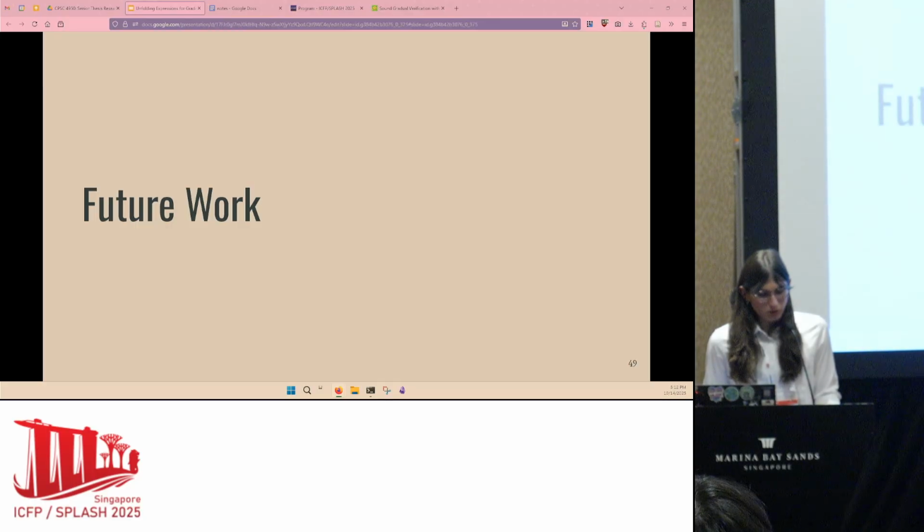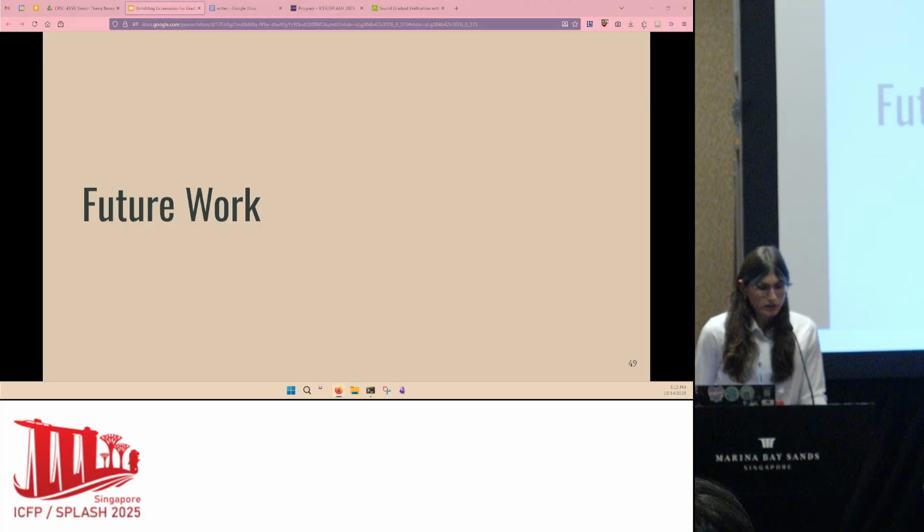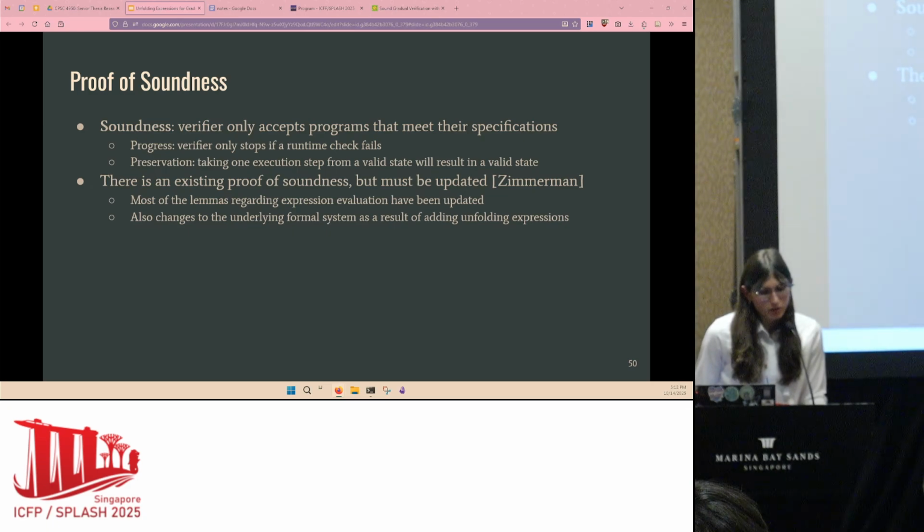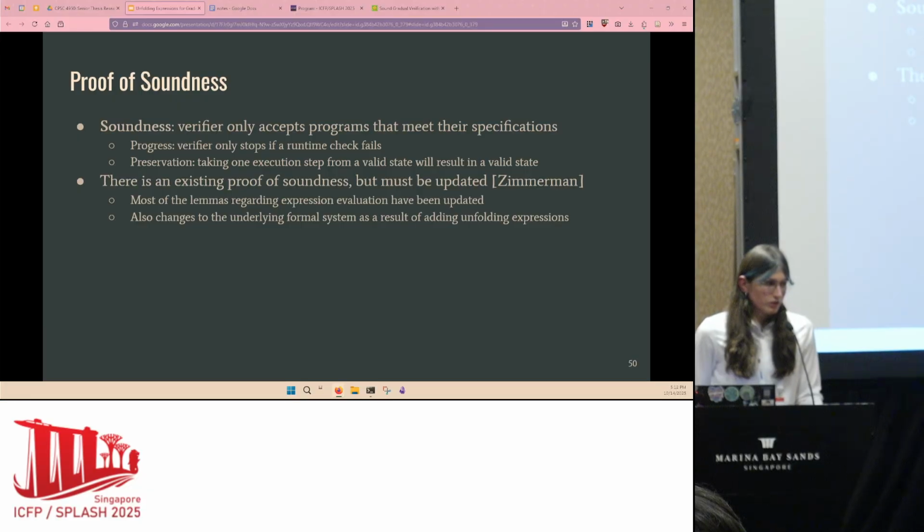And so for future work, continuing to expand upon this, like Dr. Aldrich showed, gradual verification has been actively developed for a long time. And so there's always more to build on with interesting implications and repercussions we can discuss. So the first thing we're continuing to work on is our proof of soundness. We're using a progress preservation formulation for soundness, similar to the one we see with type systems commonly. We change the definitions of progress and preservation so that they apply to the verifier, but we still have similar principles here.